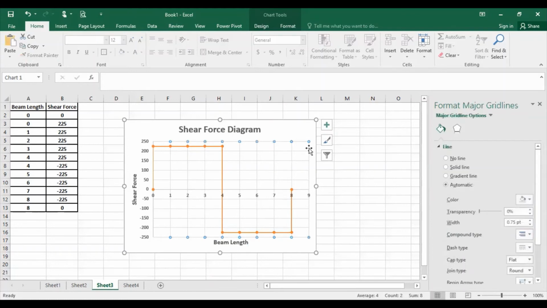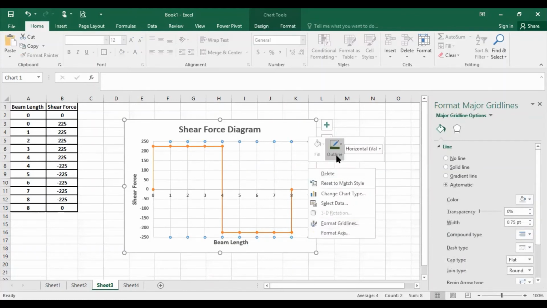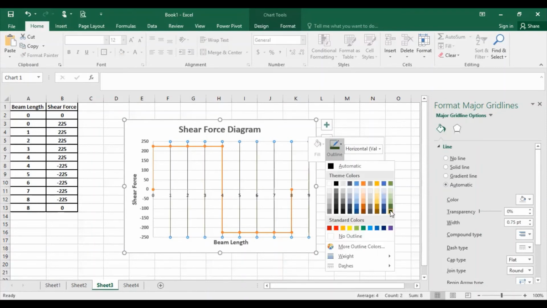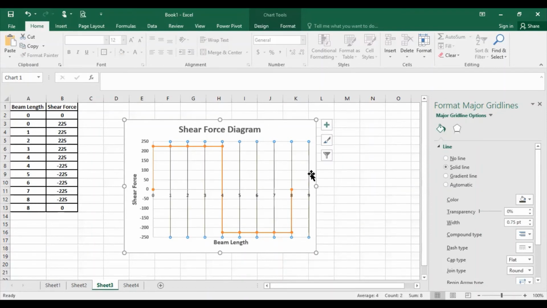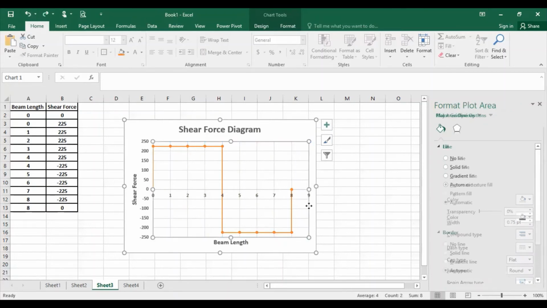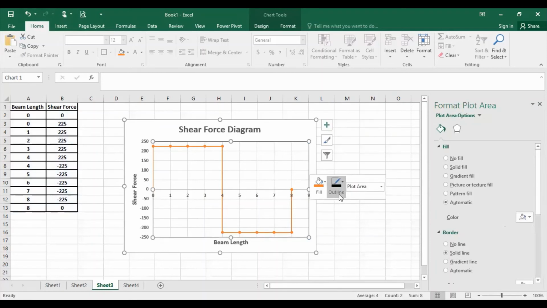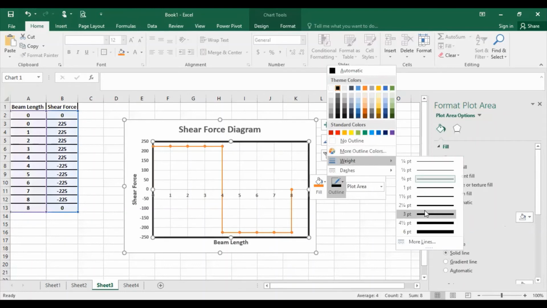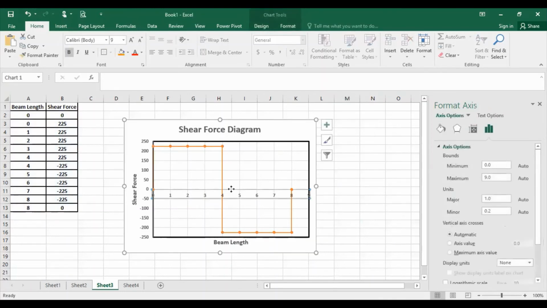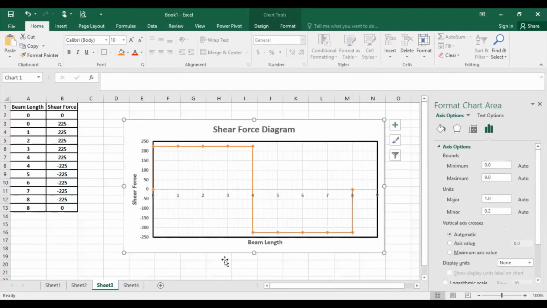So I am going to select this one and I am going to change its color. So outline will become, for example, I'm taking green. And I think it's not looking good. So what I have to do, I'm going to select this one. So I will make it black color and its outline should be like this. I think it's better. I am going to add minor red lines. And I will increase the size of this graph.